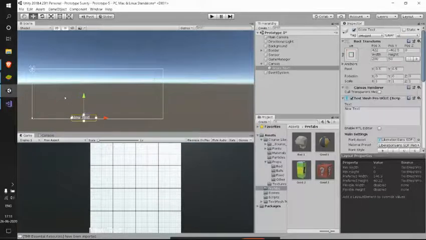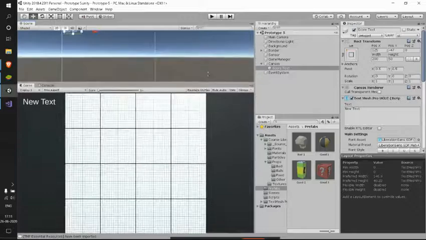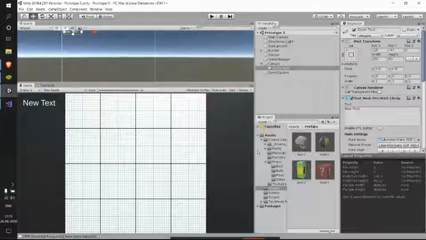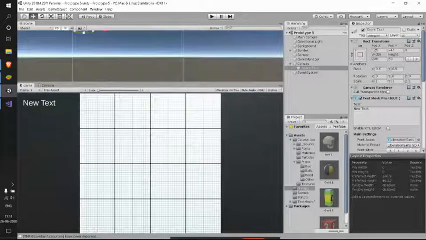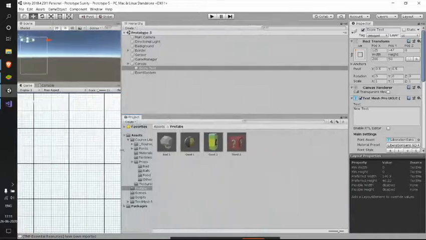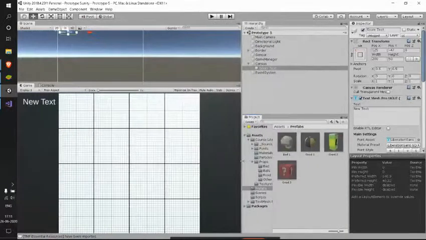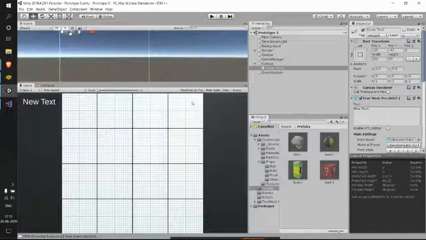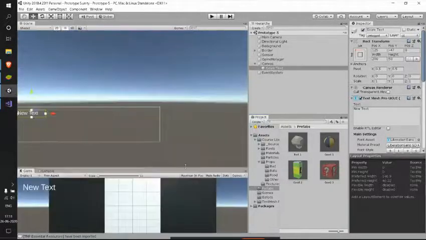I guess that is okay. And now, see, if I change the scale of my screen, however I change my screen, my new text is always present to the left of my game view, right?